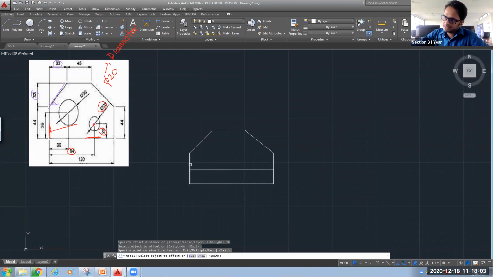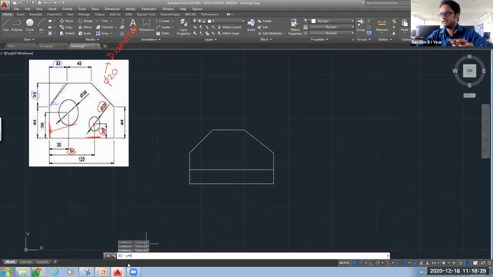Now what I will do, I will offset this vertical line at a distance of 84 units. Since we are changing the offset distance, we need to go out of the offset command. So for that, I have pressed the escape key, and you can see here cancel is visible on your screen.